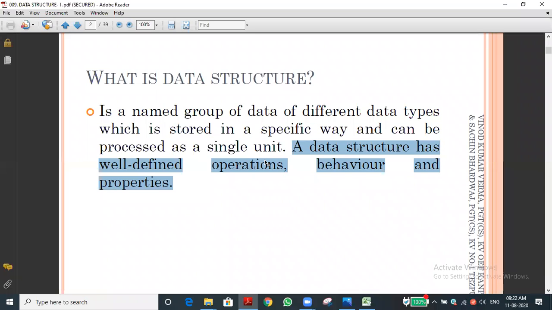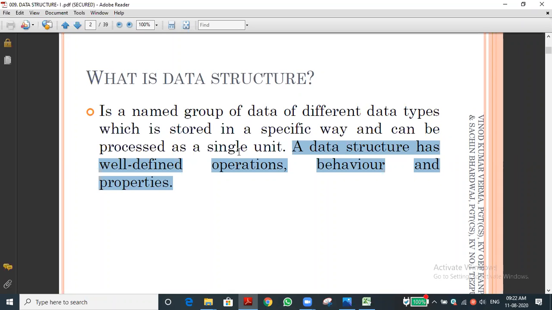And the next one, behavior. How it will behave. For example, very simple, if you divide two integers, say 10 divided by 5, what is the result? 2.0. Yes, very good. It is not 2. Even though both values are integers, whenever we use the division operator, it always returns the result as a float data type. That is 2.0. That's the concept.